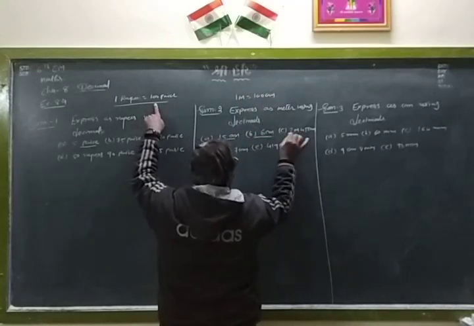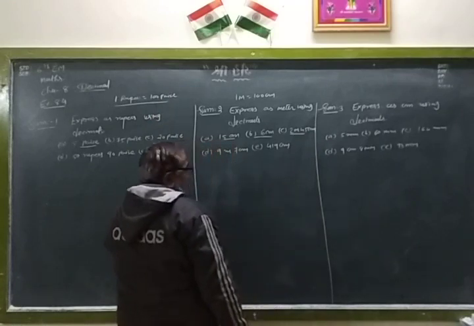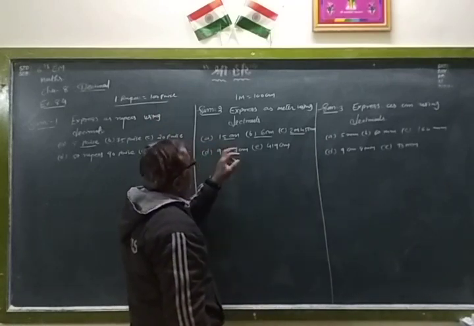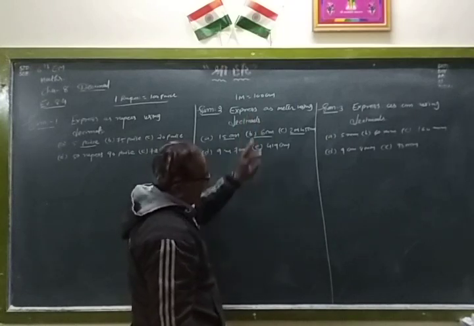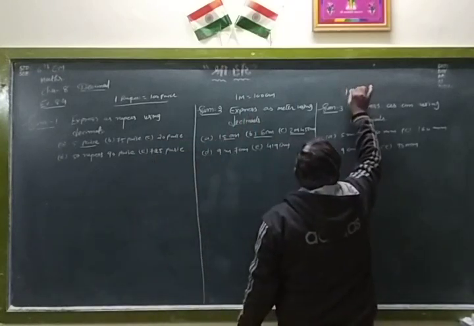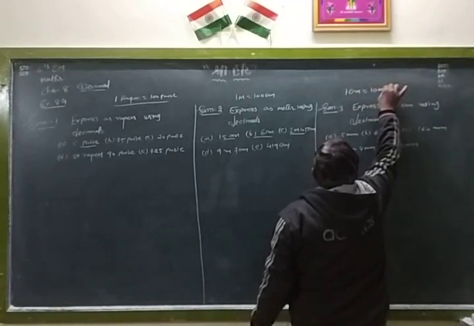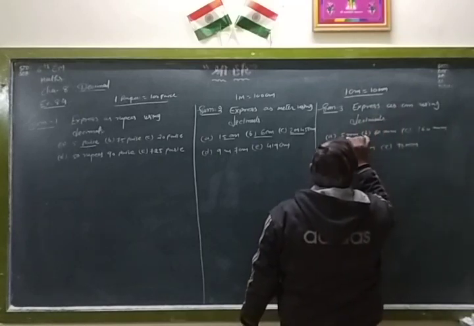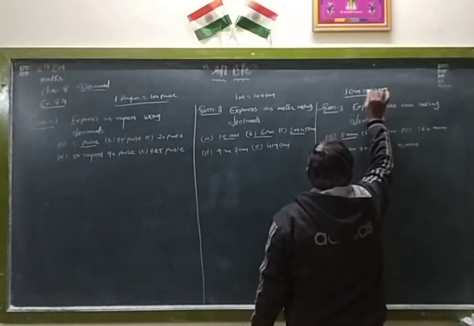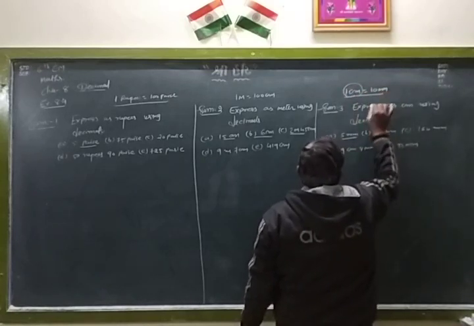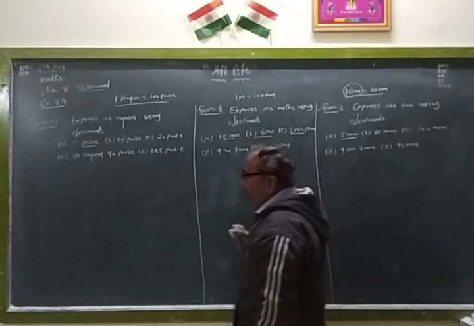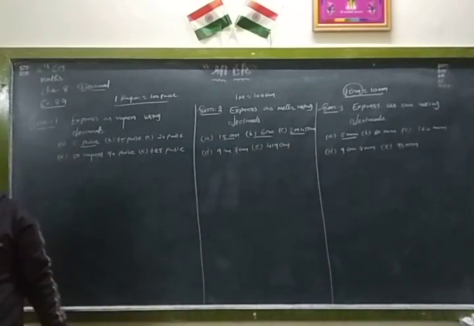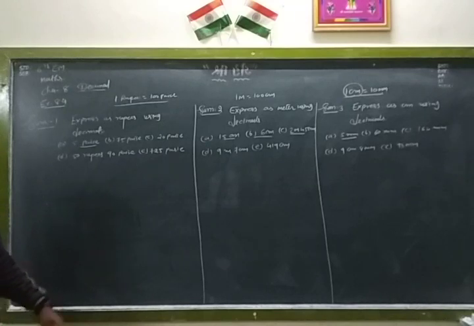Here also a small unit is given, right? So we have to convert into the bigger unit, so we also divide by 100. But here 1 centimeter is equal to 10 mm. So express this as a decimal, 5 mm. mm is the smaller unit and centimeter is the bigger unit, so we have to divide by 10. So in the first sum we divide by 100 to convert into rupees. In the second sum we also divide by 100, and in the last sum we divide by 10.